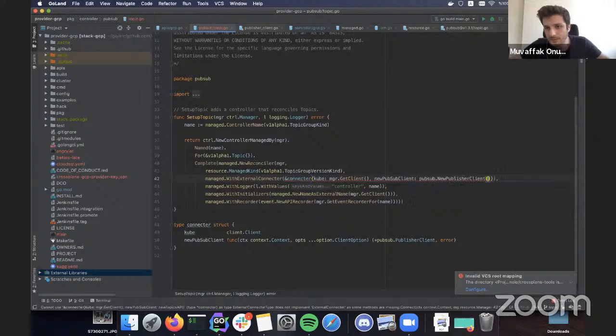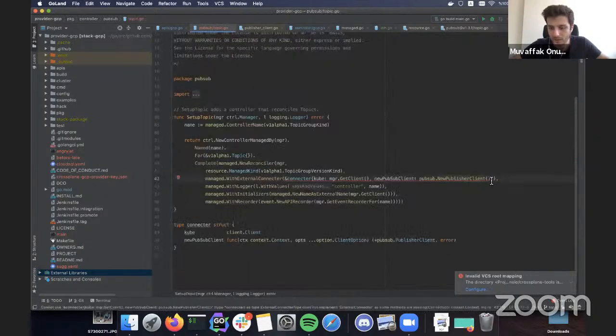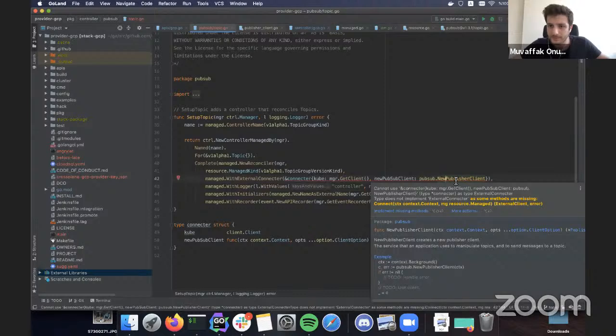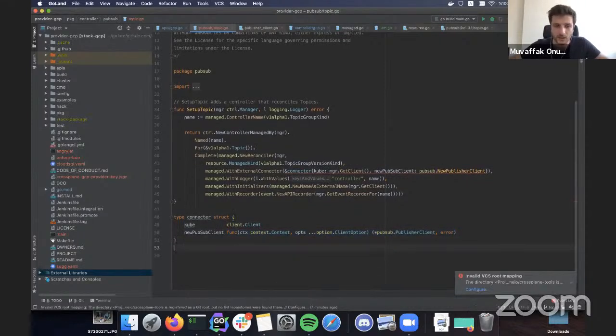I don't see the rest of the line, but I hope it's the one that we want. Okay, you see we passed the function as a parameter, and then when I do the test, I can pass another new client function that will just create my mock client. So that's the reason that we are doing it.